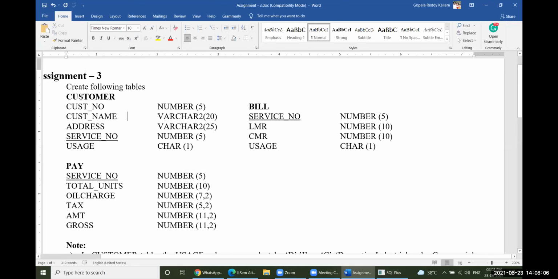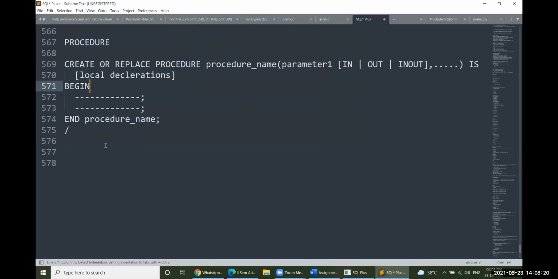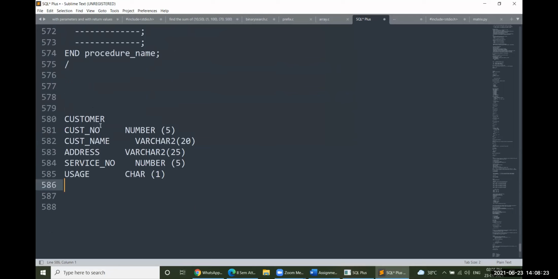Let me copy the same components into this area, because typing all these things would be unnecessary time. Then it will be very easy to do some kind of operation. So create table customer. Customer number, which is a primary key, because it is actually, okay, it is not a primary key. It is not null and unique. Both will be applied here.